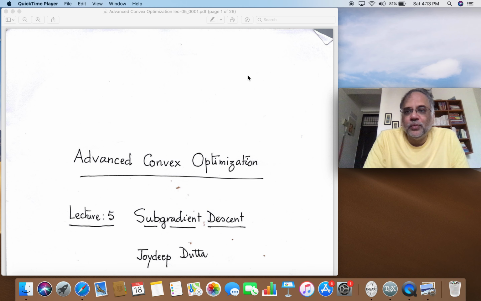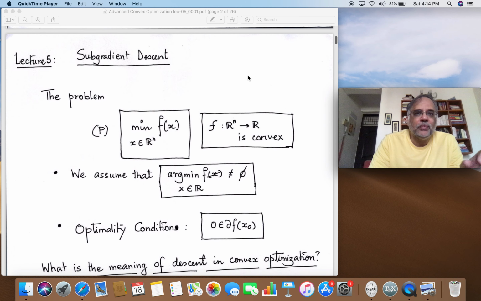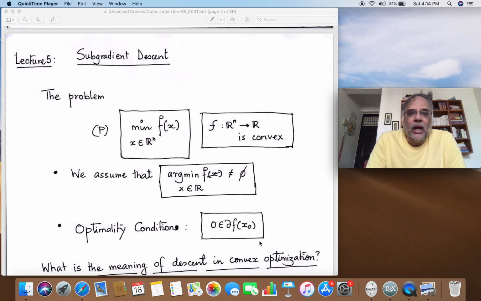The detailed discussion of the proofs etc. would be done in a separate video and uploaded later on. But for the time being, we will just talk about the very basic ideas involved in it. So we are going to be interested in this chapter on minimizing a convex function over the whole of Rn, that is unconstrained minimization, where we assume that the function is not differentiable, so for which the standard optimality condition 0 element of del f(x0) is known to you, and we assume that this problem actually has a solution. Then it makes sense to move ahead.